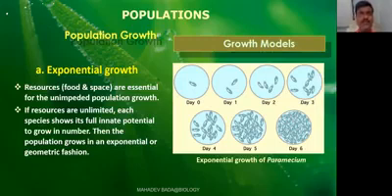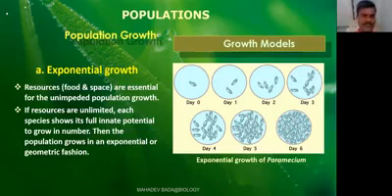The population will be growing by two methods. One of the growth models is exponential growth. In the exponential growth, the growth will be unlimited. This is happening when resources are unlimitedly available. You must remember, the exponential growth curve is obtained when resources are unlimitedly available.